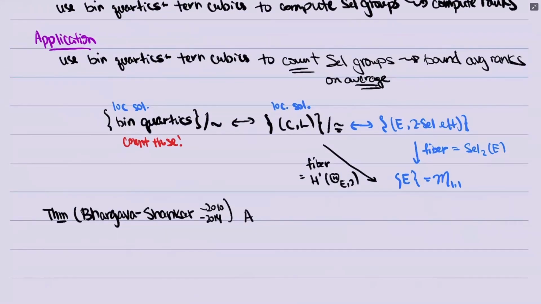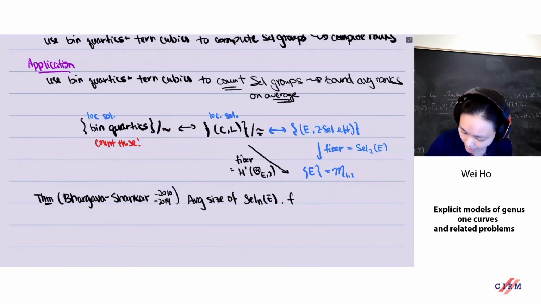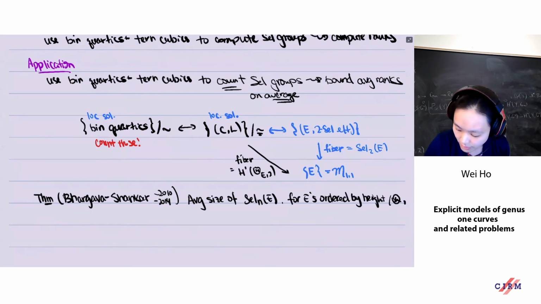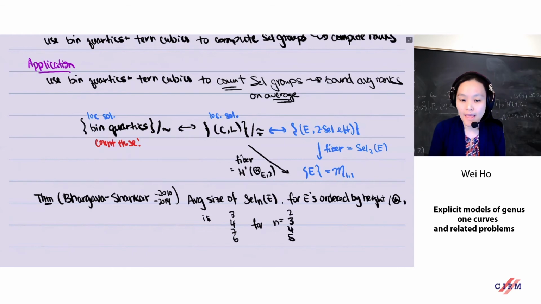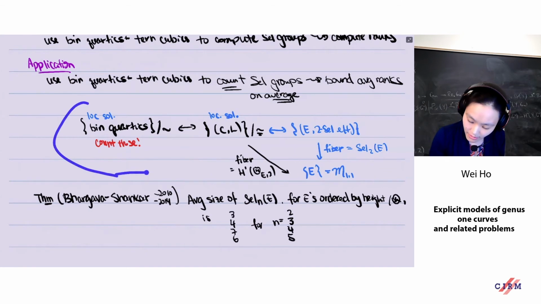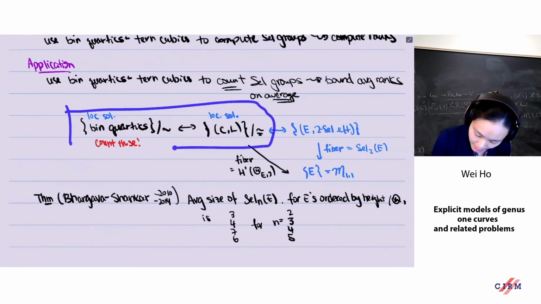And the theorem is that the average size of the Selmer groups, so Sel_n of E, say, for E's ordered by height, by this naive height. Let's do so just over Q, but it does work over any number field. So this is, let's say, 3, 4, 7, 6 for n equals 2, 3, 4, 5. Okay. And the point is they're able to make use of this idea here, but really they're exploiting these